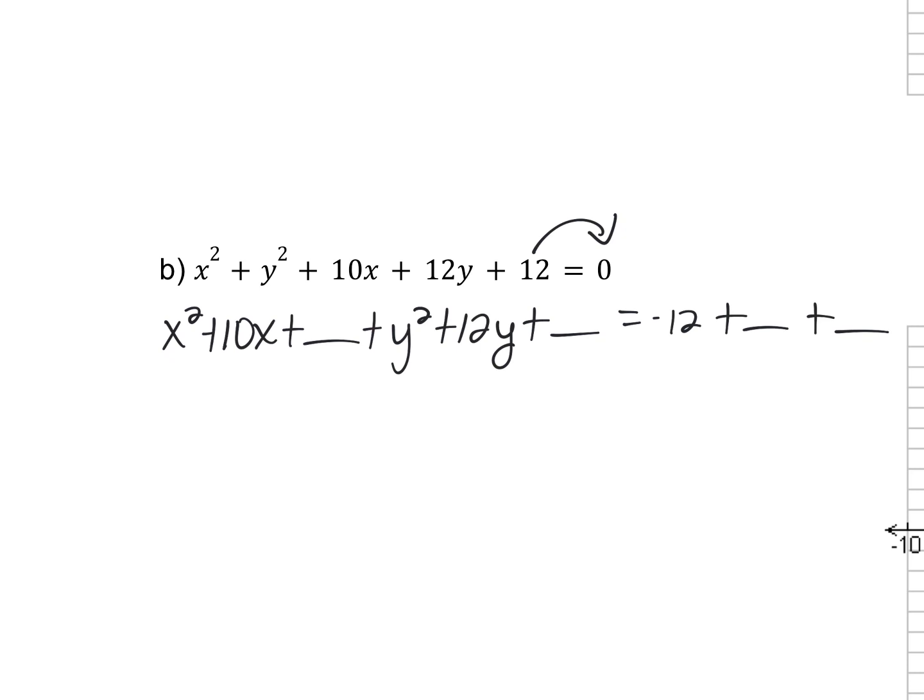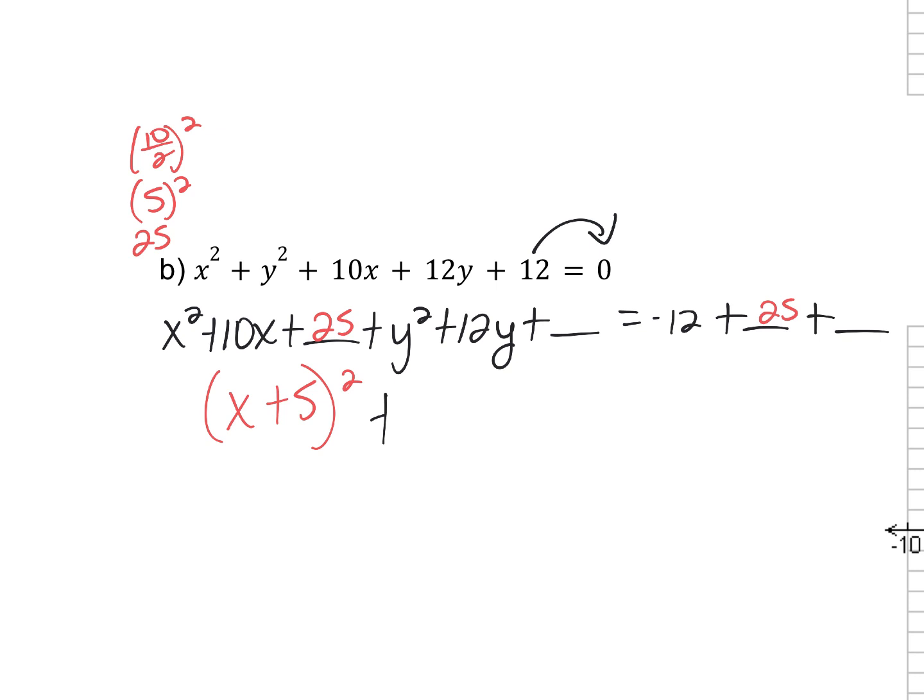All right, let's complete the square for the x's. So I've got 10 over 2 squared would give me 5 squared, which is 25. So I've got to add that in to both sides. So this factors now, just the x portion factors to be x, and then in that second step, I got a positive 5. So x plus 5 squared